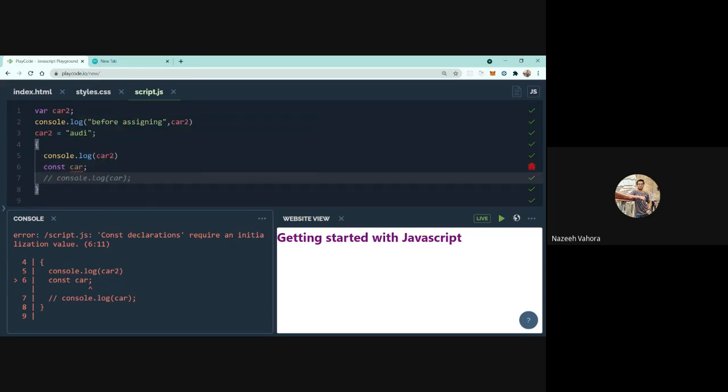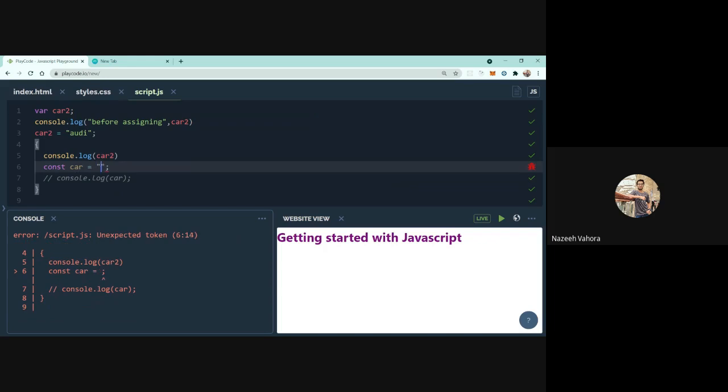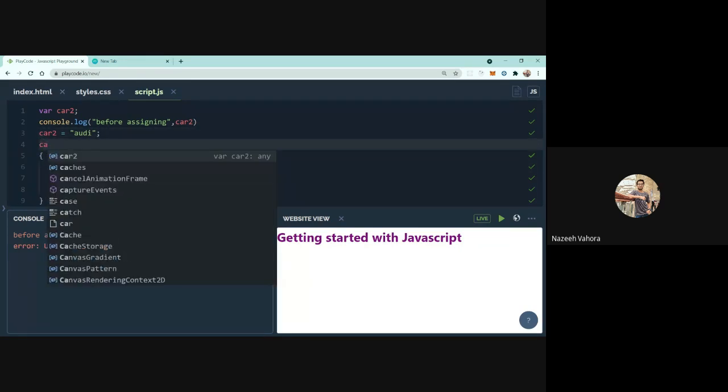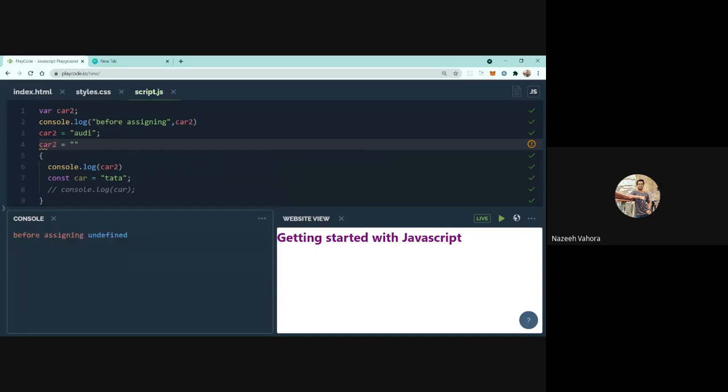Like let's say here we are giving it Tata. Let's say I want to modify the value of the car2 variable to Honda. So we can do like that.